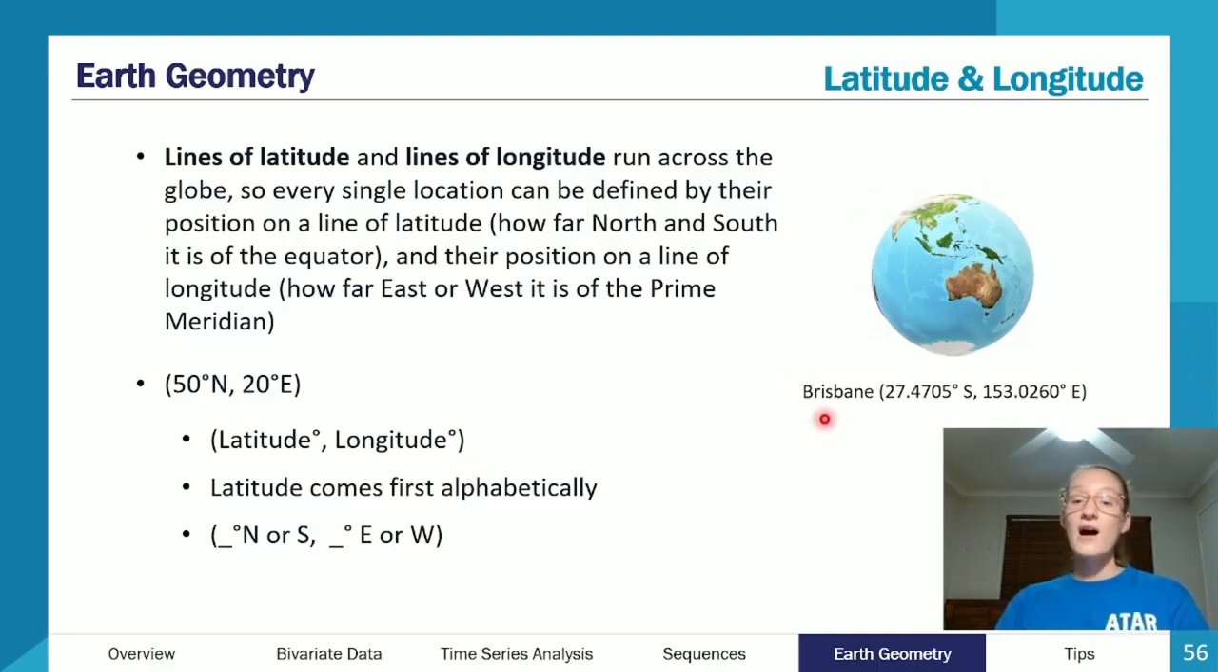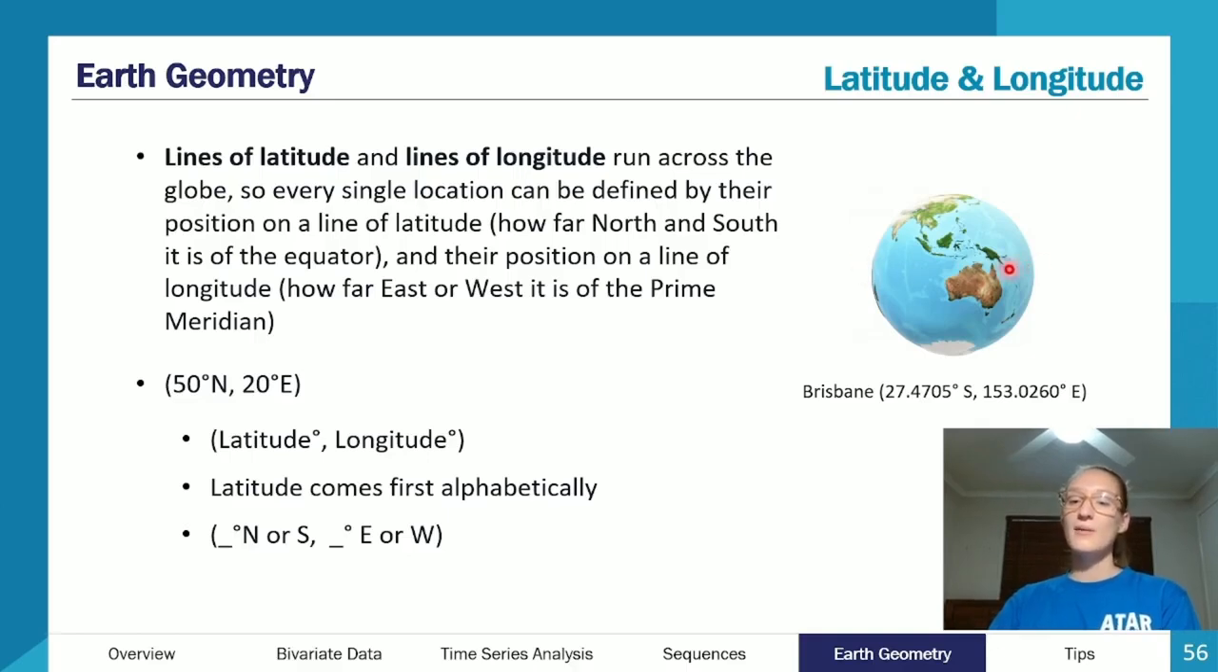So for example, the position of Brisbane, we've got lots of decimals here because it's really quite specific. Brisbane is at roughly 27.4705 degrees south and 153.0260 degrees east. So we can see here our equator, our 0 degree latitude point of reference, kind of is